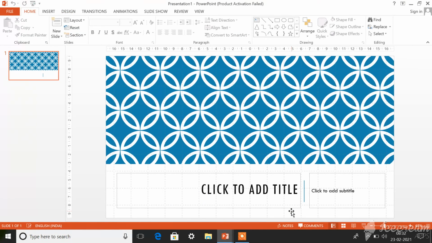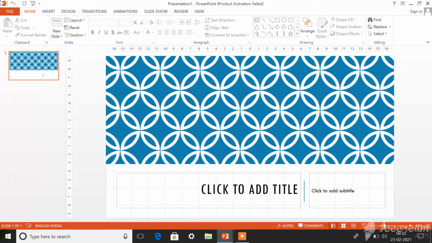So templates and themes are similar, but templates are used to create a new presentation with a unique design, whereas themes are used in a current presentation. If the same design is used for an already created presentation, for a current presentation, then that is called a theme. Whereas a template is used to create a new presentation. That is the difference.